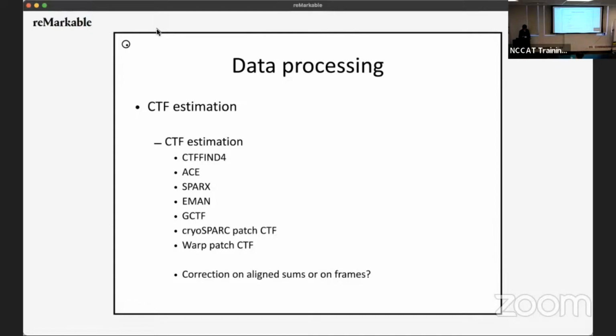So again, lots of ways to calculate defocus. CTFFIND4 is a quite popular one. GCTF used to be a very popular one as well. Now, the most used ones are the ones that are incorporated either in CryoSPARC because everybody uses CryoSPARC, or in RELION because everybody uses RELION as well. So I think in RELION we still work with CTFFIND4, whereas in CryoSPARC you have what's called patch